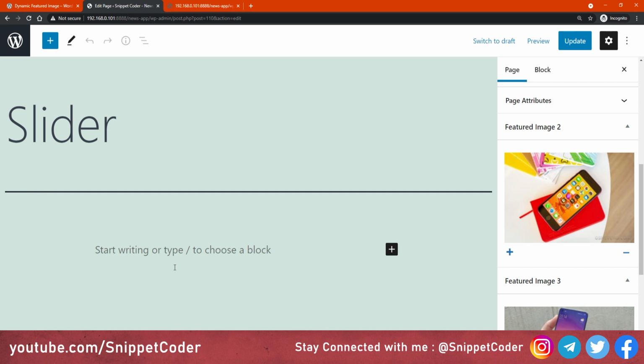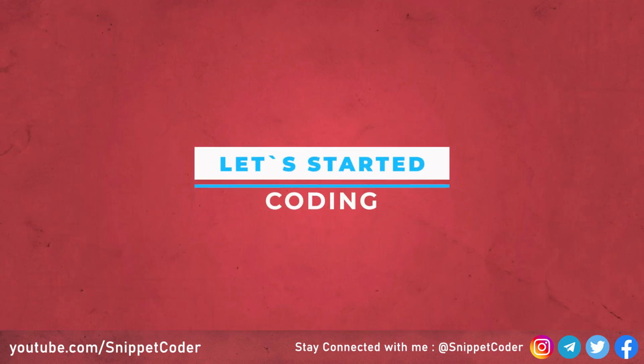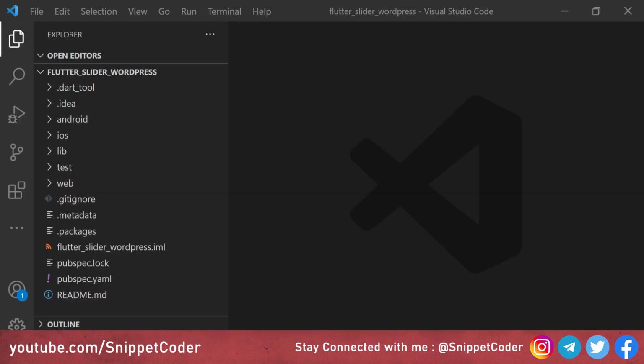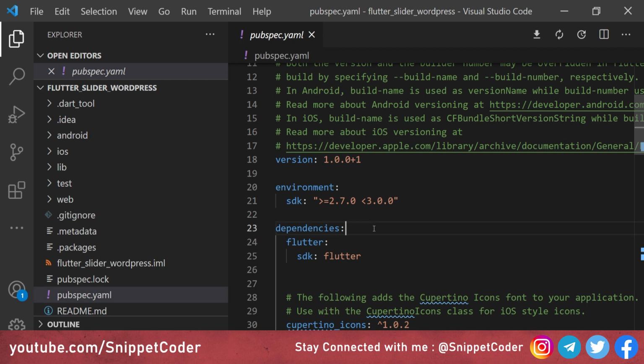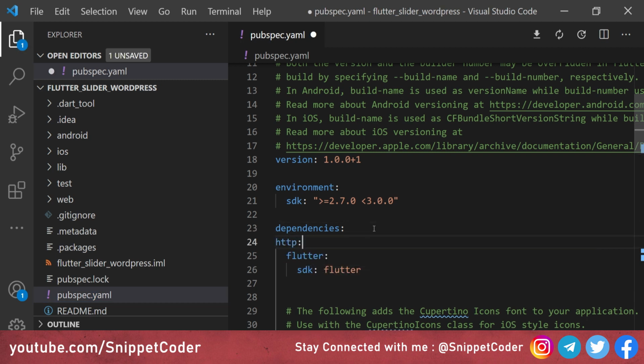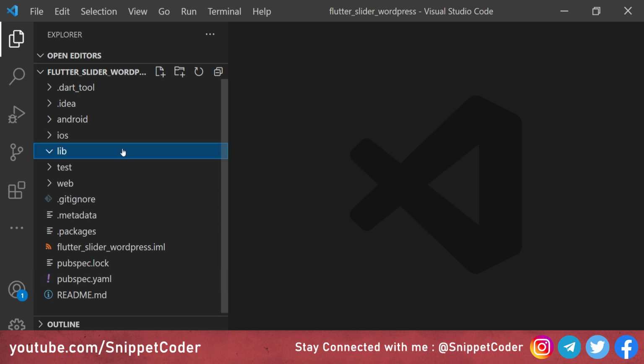Now let's move to the Flutter part, and let's consume this API in Flutter and show the slider over there. First of all, we will add the HTTP package here, and this package will be used to deal with our REST API for fetching the slider API and all. Now we will create one model file here,